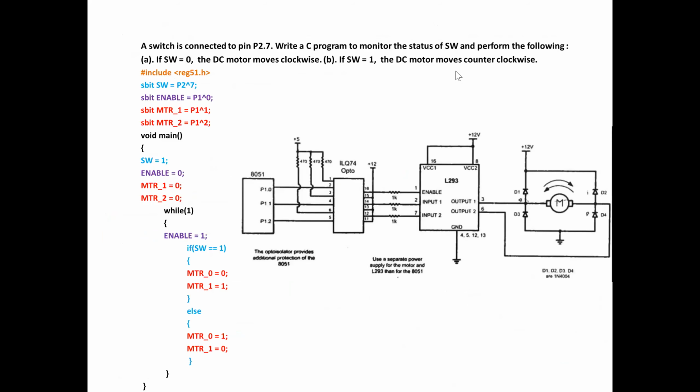And now, the same thing we are going to discuss in C language. Same concept. Here I'll start so that you can understand. We are allotting one particular pin for checking the switch status. I have assigned the variable SW. Inside the main function, I am assigning SW equal to 1 as the input pin.